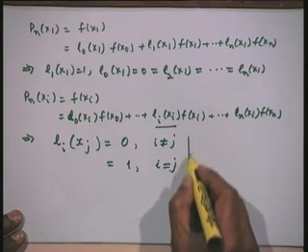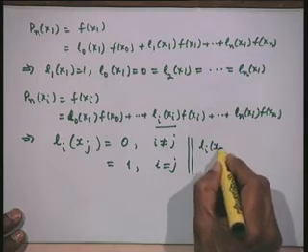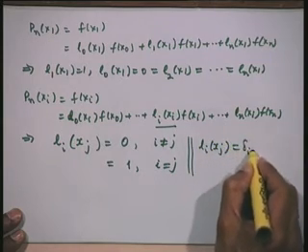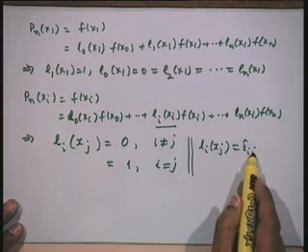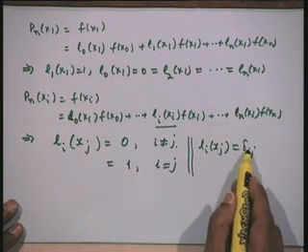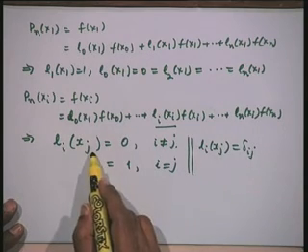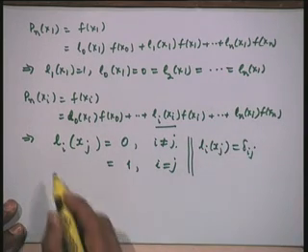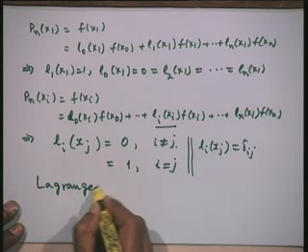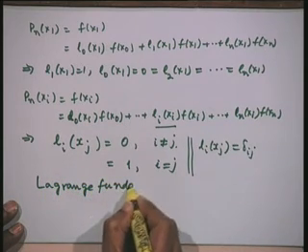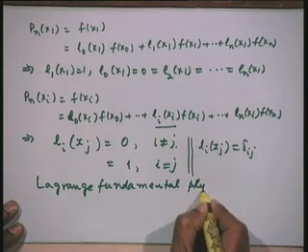And those who are used to the notation of Kronecker delta, we can write this simply as delta_ij. So, this is the Kronecker delta, the definition of which is that it is equal to 0 when i is not equal to j and equal to 1 when i is equal to j. Therefore, all these polynomials should satisfy this, and these polynomials are called the Lagrange fundamental polynomials.